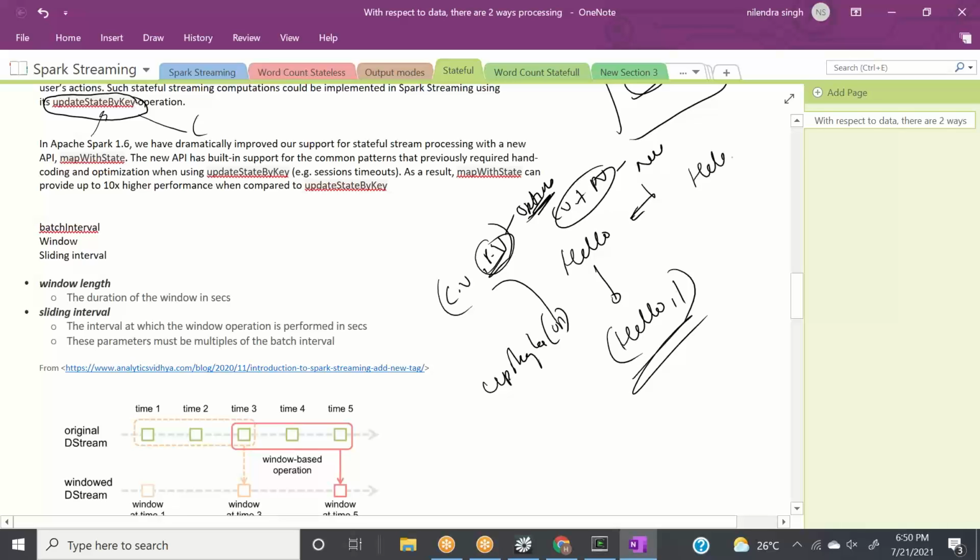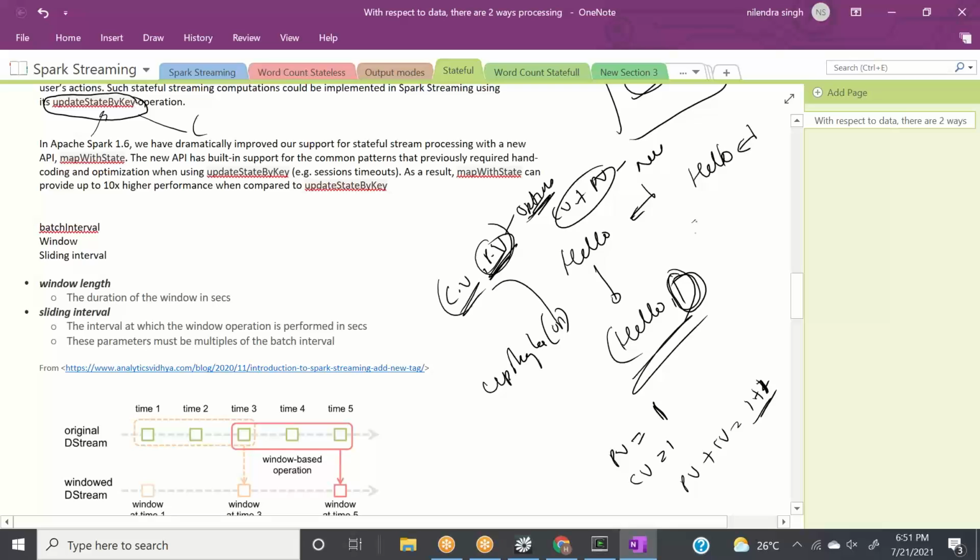Next time when we hit hello again, what will it do? It will take the previous value, right? What was the previous value? 1. So it will give us 1 here as your previous value count. And what is the current value? 1 again. So the current value is equal to 1. And what are we returning? PV plus CV. That is 1 plus 1. Right? This is the most ideal way.